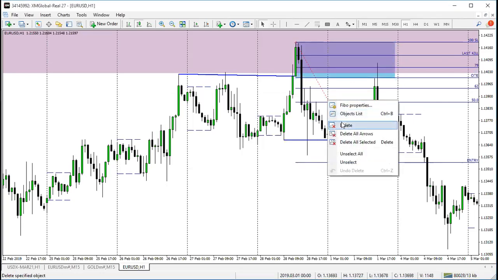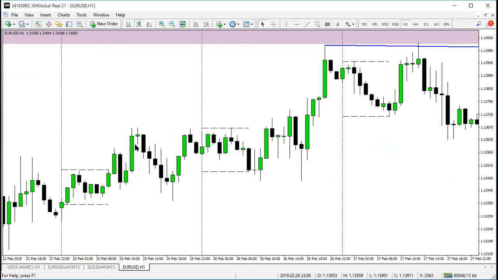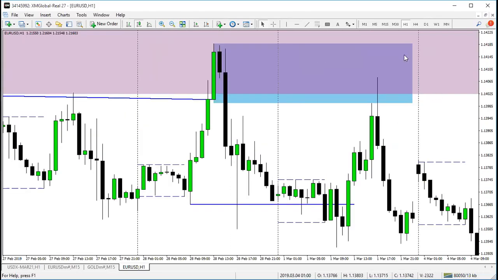Now we can delete this one. So now this is a new lower low. Where was the lower high? Right in the order block, as you can see here. I think it was actually